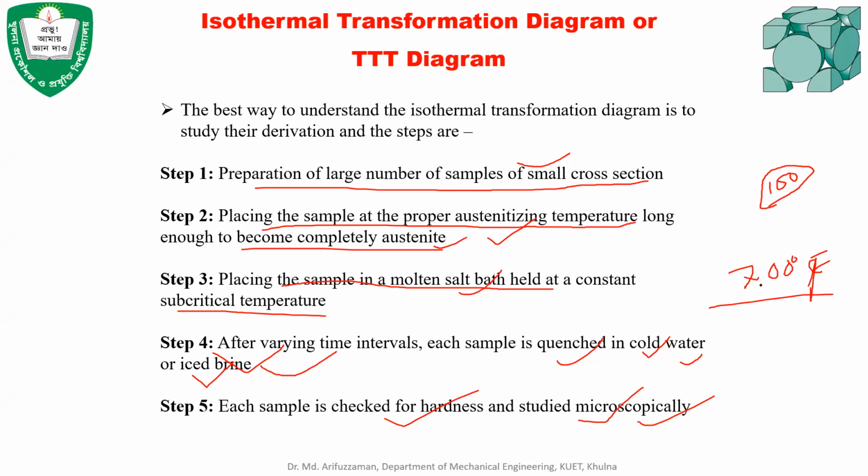This has been done at 700 degrees Fahrenheit, and you have to do it again at, let's say, 800 degrees Fahrenheit, or 1200 degrees Fahrenheit, or 200 degrees or 400 degrees. At various temperatures you have to repeat these steps. Okay, and that's how, let's say there are 10 different temperatures, you conduct all these experiments, and then you will understand how long it takes for transforming austenite to useful products like perlite or cementite or ferrite or whatever it is.